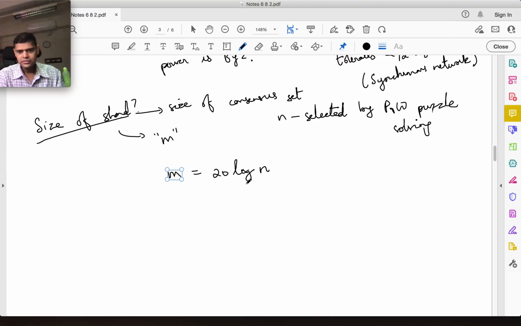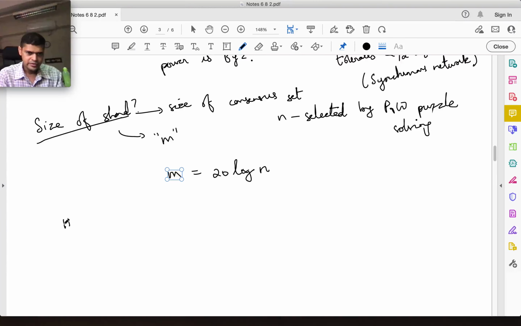So this is fairly small. Even if you have n increasing to a large number, this number doesn't increase too much. So you end up with a somewhat small size set, right? So even if n goes up by a factor of 10, your M for number of consensus nodes per shard is going to be small,